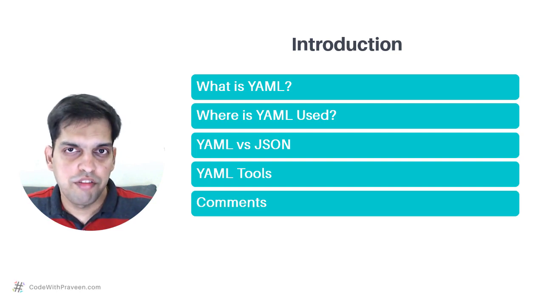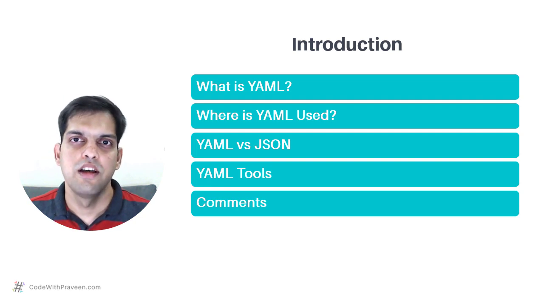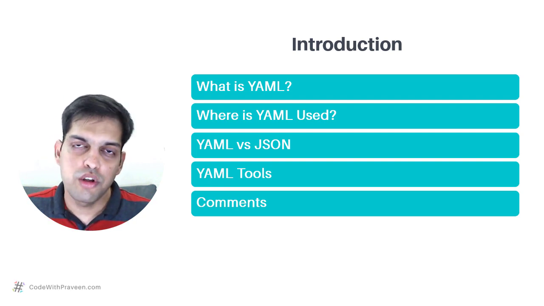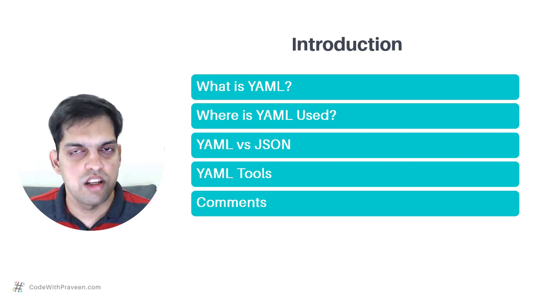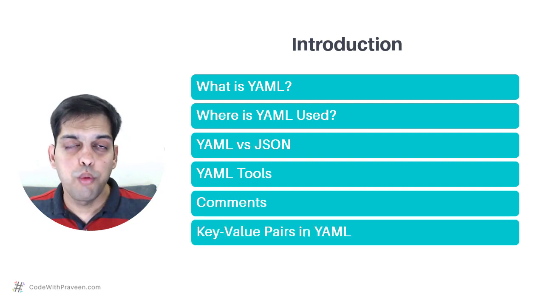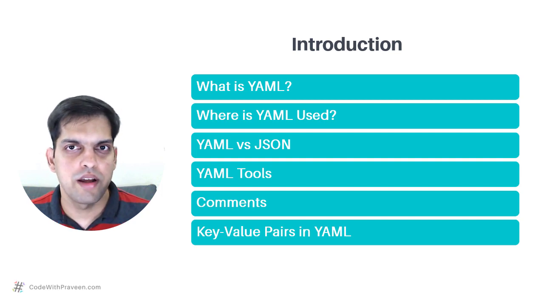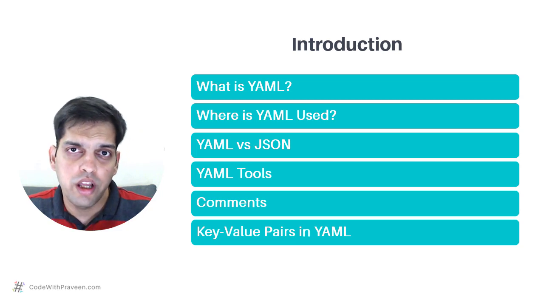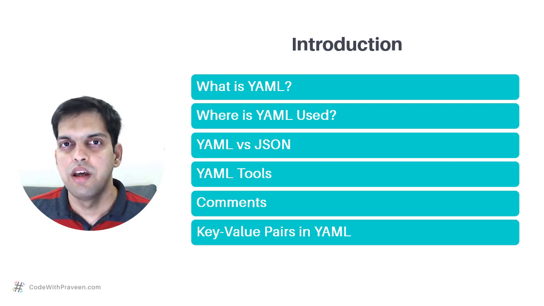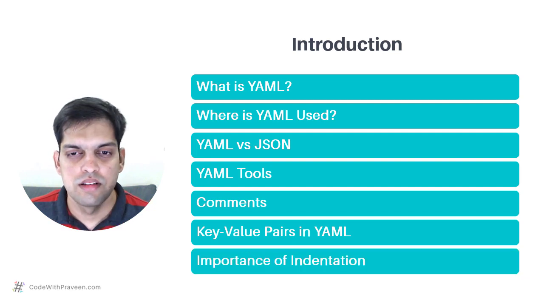Then we start with the first construct and the simplest part, namely entering the comments. You learn which symbol you need to use and some of the tips that you need to keep in mind when you are working with comments in YAML. Moreover, we'll look at one of the fundamental parts of YAML, namely key value pairs. Key value pairs are the fundamental on which all the YAML structure is developed. In this lesson, we'll get started with knowing about the key value pairs.